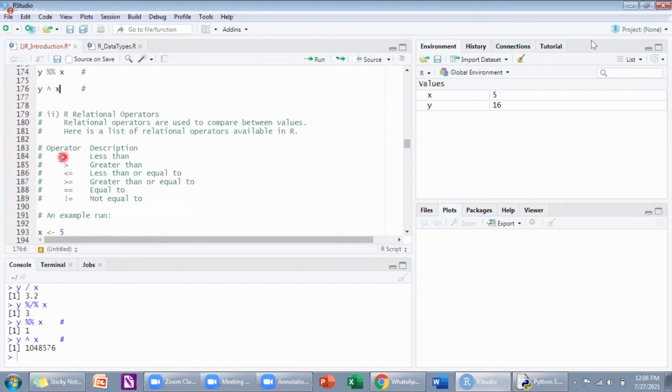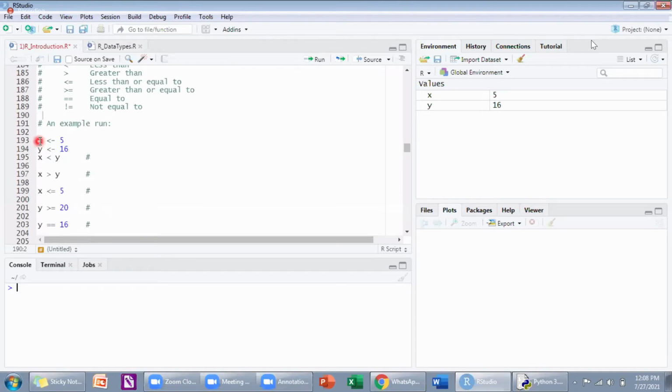Then we have relational operators: less than, greater than, less than or equal to, greater than or equal to, not equal to. Same x value, y value assigned. Now is x greater than y? What will be the output? False.